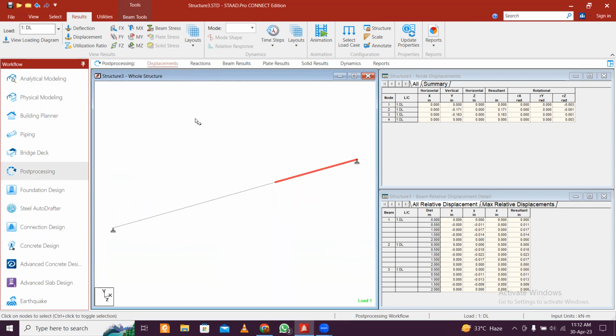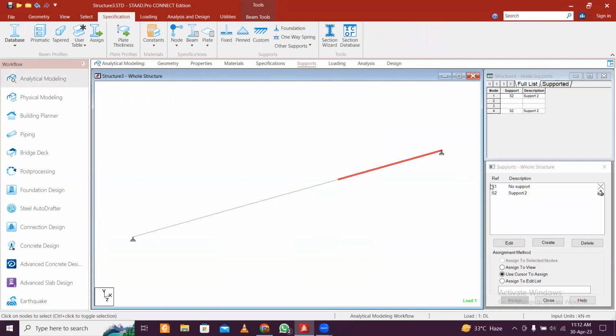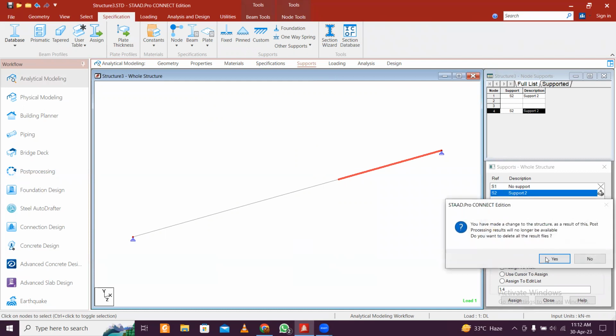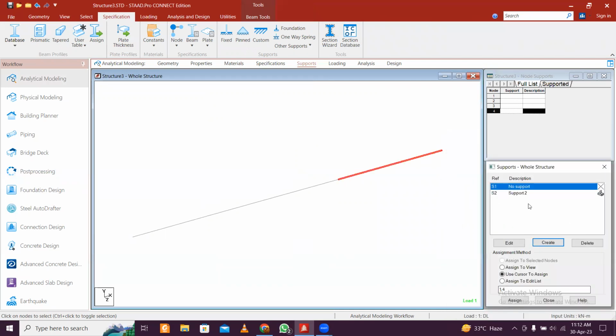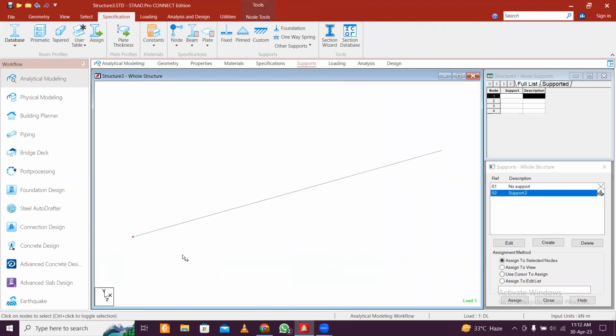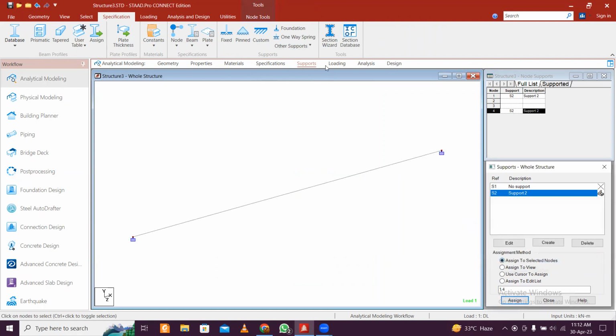So now in this very thing, if you want to assign, just change the type of supports. Let's say if you want to go for fixed supports, you can also do that. So let's go to analytical modeling, and we'll go supports, and then here let's delete the supports here, and then create some fixed support and assign this fixed support at this end, assign and yes, and let us assign at this one end as well, assign and yes, and then we'll just do the